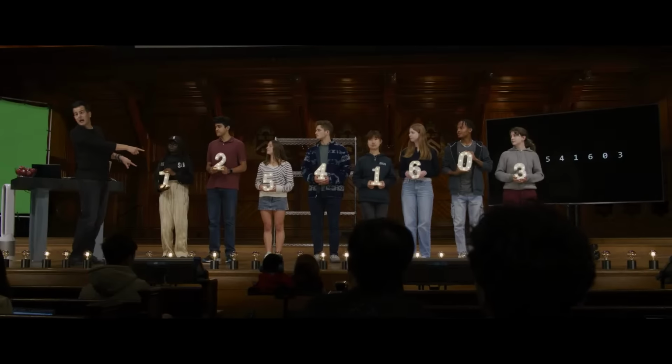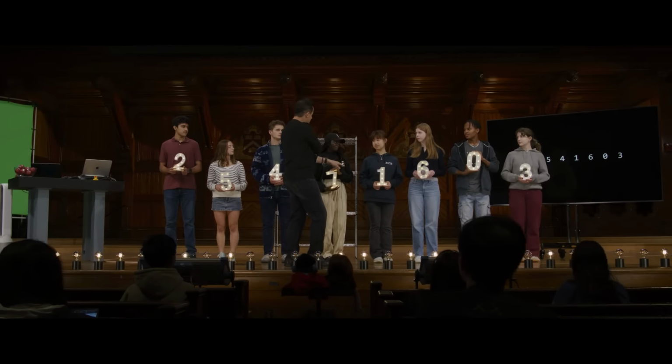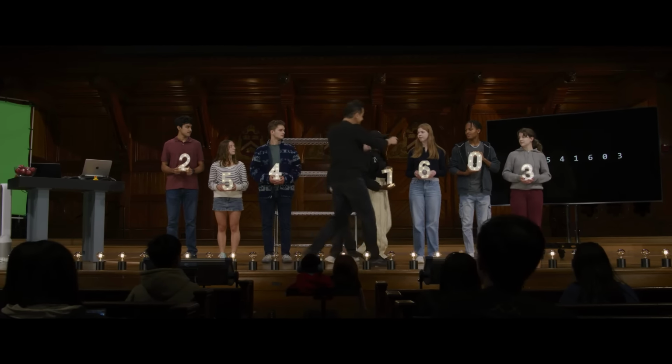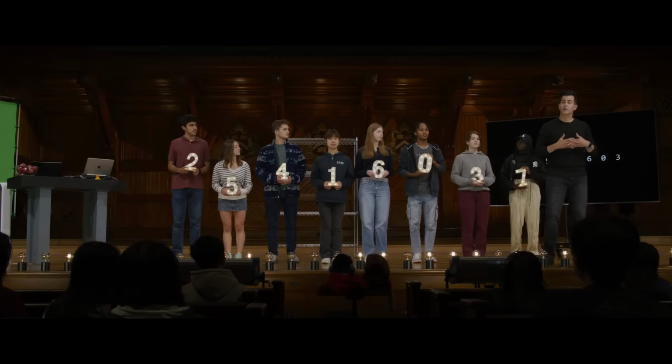Let's compare 7 and 2. They're obviously out of order, so let's just immediately swap you two if we could. All right, now 7 and 5, clearly out of order. Let's swap these two. 7 and 4 out of order. Let's swap these two. 7 and 1 out of order. Let's swap these two. 7 and 6 out of order. Let's swap these two. 7 and 0 out of order. Swap these two. 7 and 3 out of order. Swap these two. So a lot of work for Precious there, but I've now indeed solved one of the 8